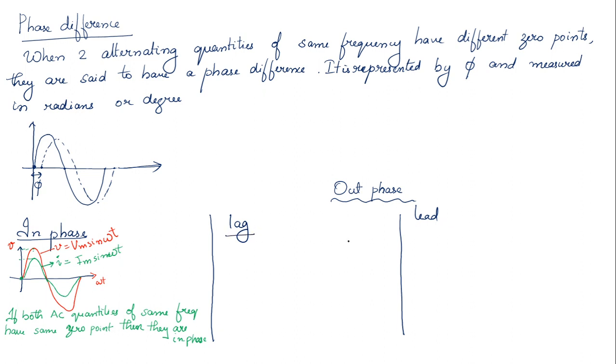Lag, lead. Here we are having two waveforms. I am drawing them together. A voltage waveform and a current waveform. Again I am considering a voltage waveform and a current waveform. Here you can see I have marked the voltage waveform like this, and the equation for this one is V is equal to Vm sin omega t. Here also voltage I have marked.